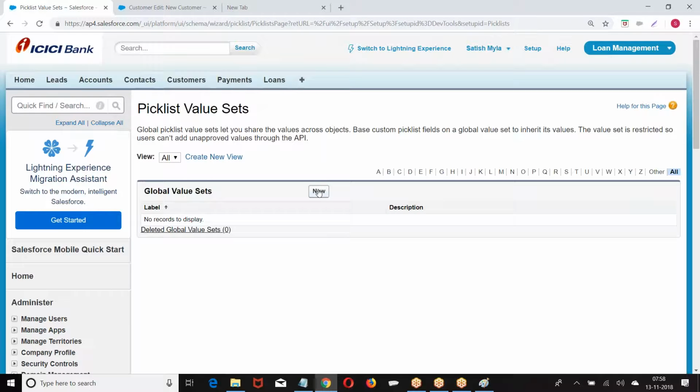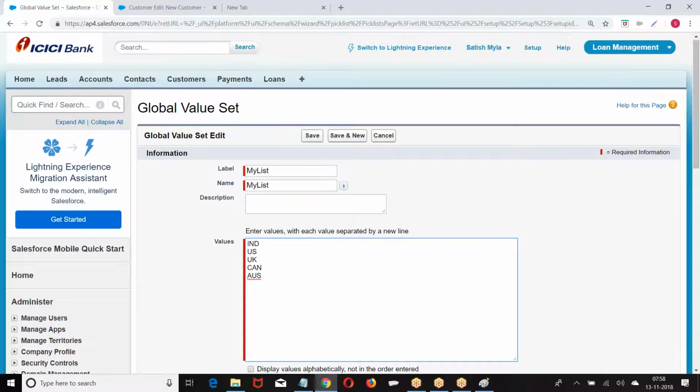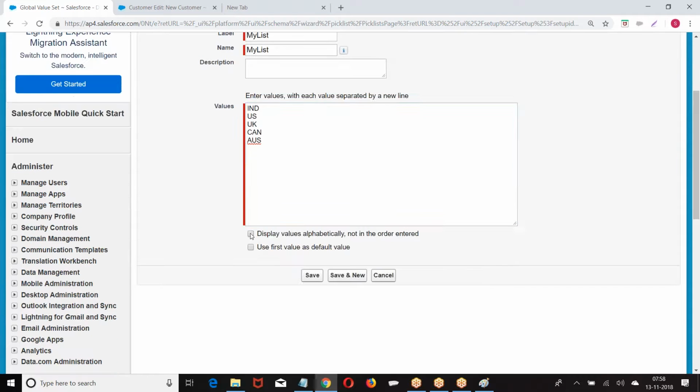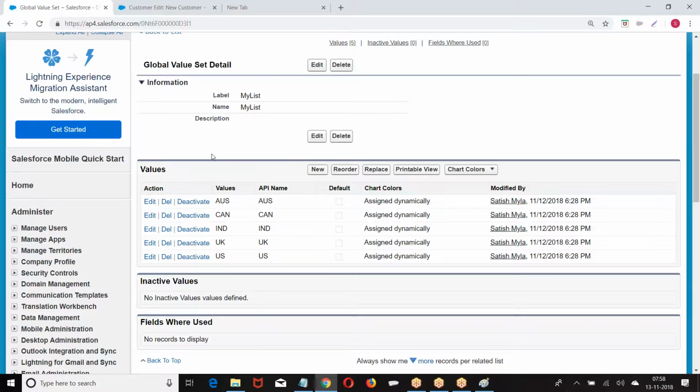If we go to this, I create an option called my list. I gave a couple of options. Then display the values alphabetically. I have created my own options.